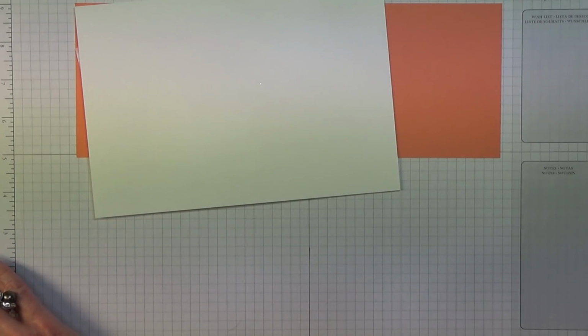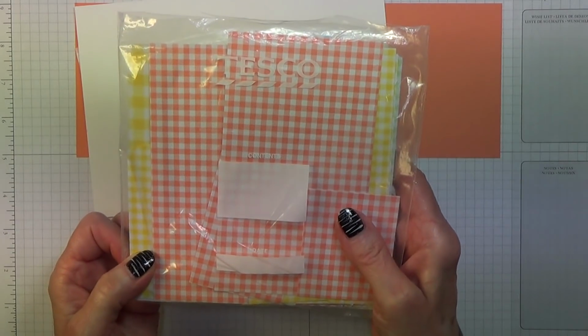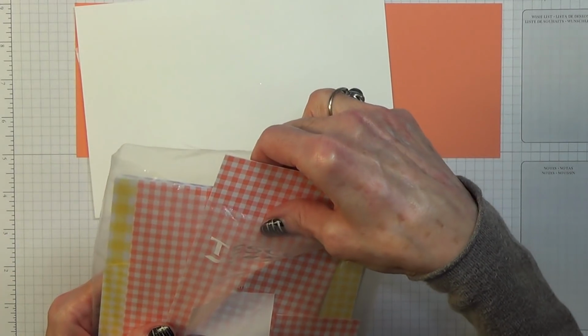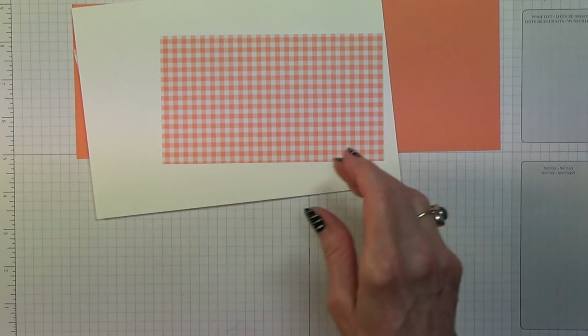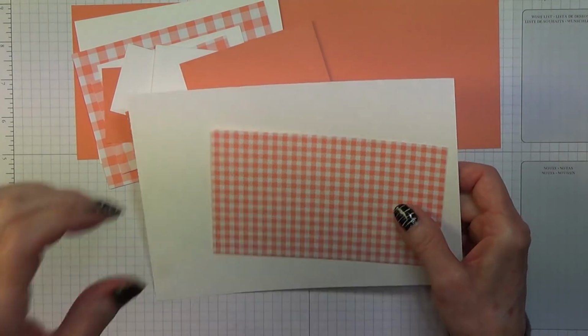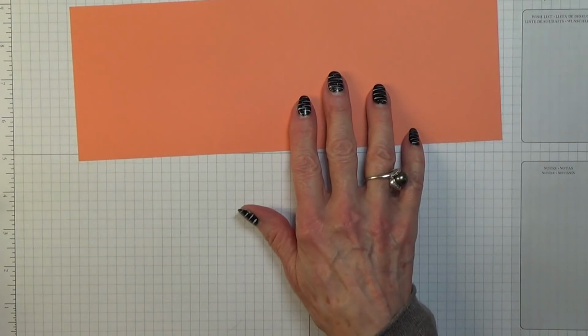And finally, a piece of Gingham Gala, which measures 2.5 inches by 4 inches. Yep, that'll be fine. Okay, so there are all the pieces that you're going to be needing. And what do I think is the best way to go about this? I think we'll start off with this one,